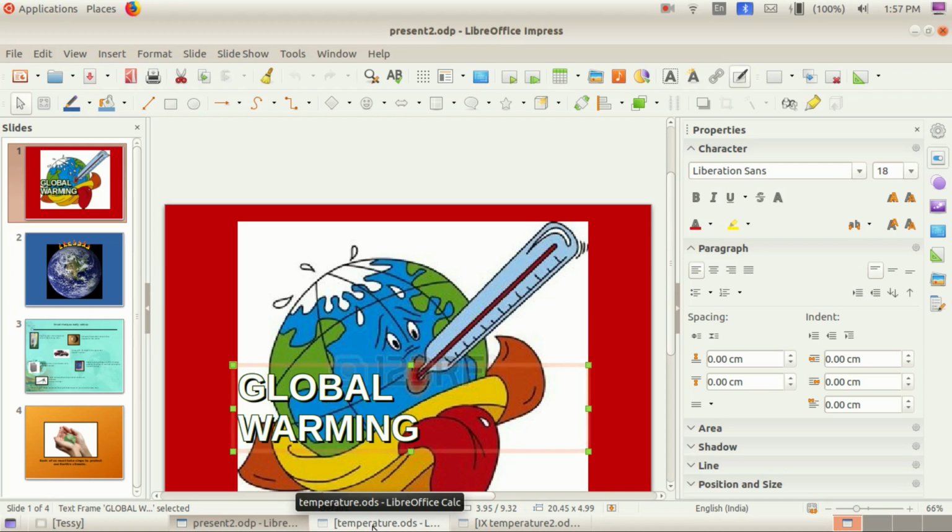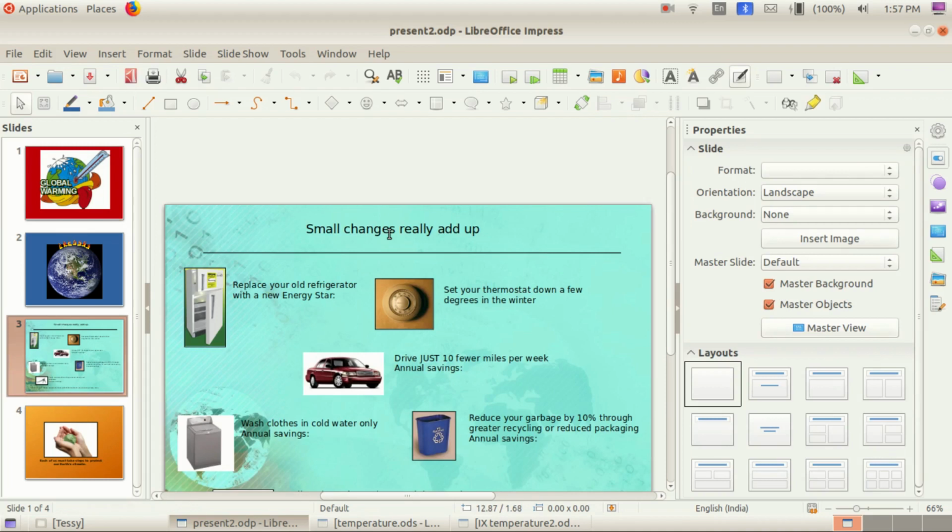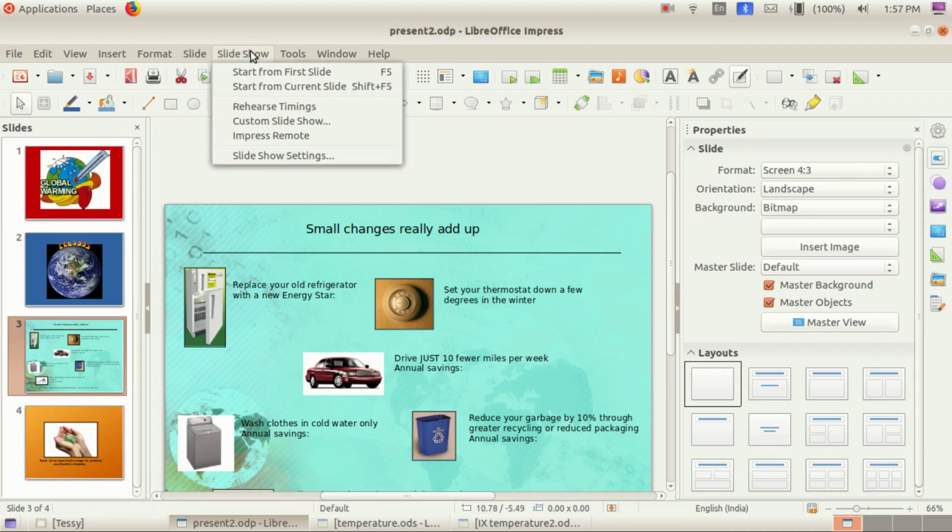Last day we studied which chapter, children? The 7th chapter, presentation. Up to providing interaction we studied, isn't it, children? Where we gave the interaction, here we gave the interaction in slideshow.